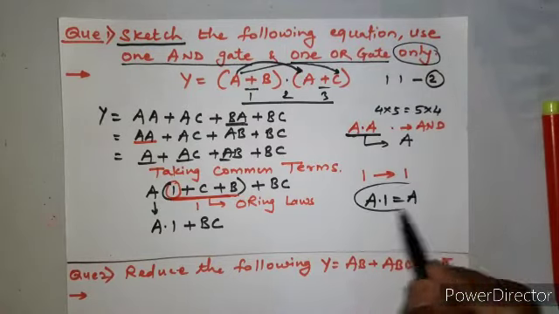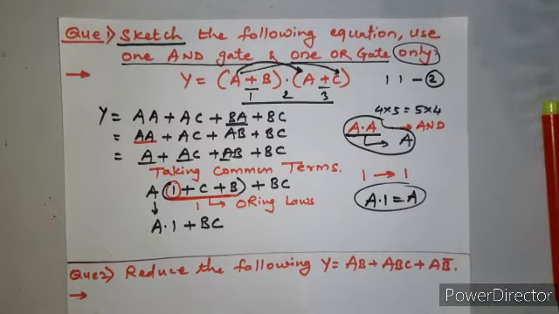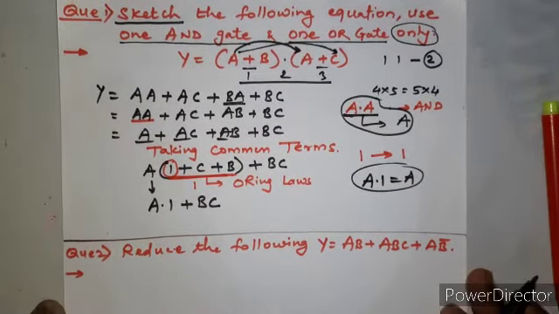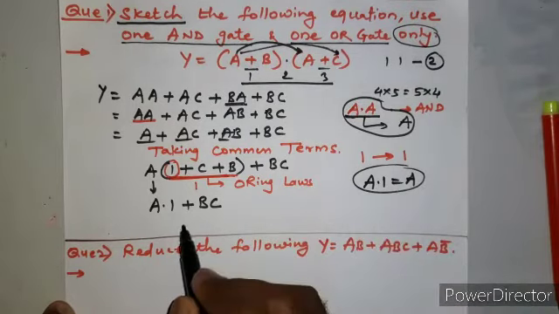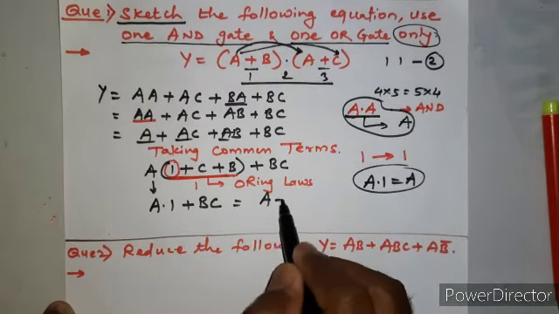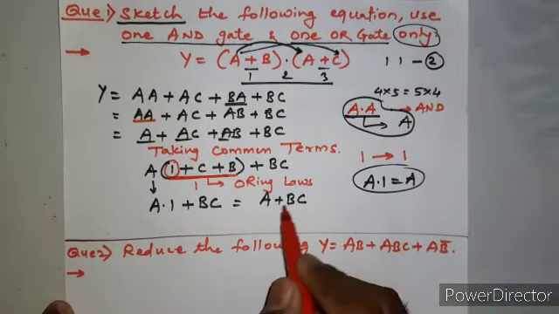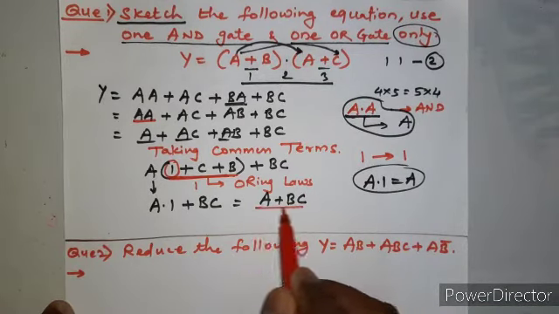We'll prove this, we'll prove this also, and we'll prove this also. I'm just, with the help of an example, trying to show you how Boolean algebra or Boolean laws can be used to reduce the given equation. Since this is A, it becomes A plus BC. Now if you refer to how many gates we have, you can see we cannot reduce this equation further.